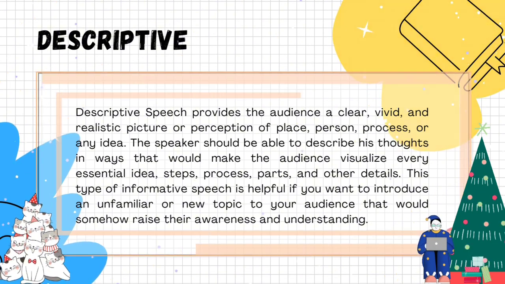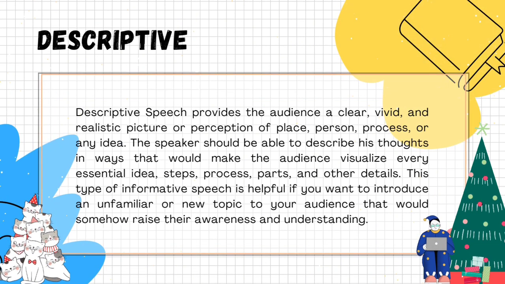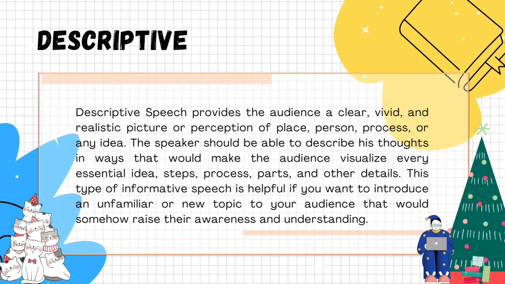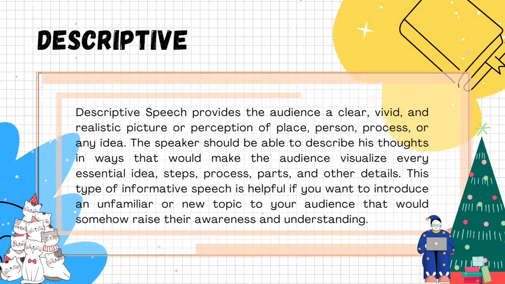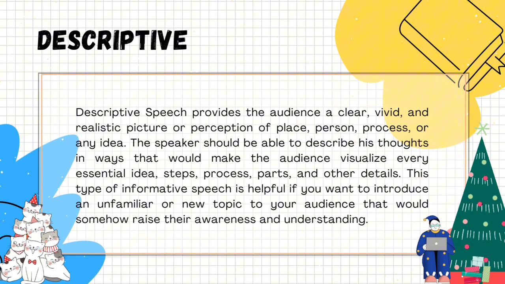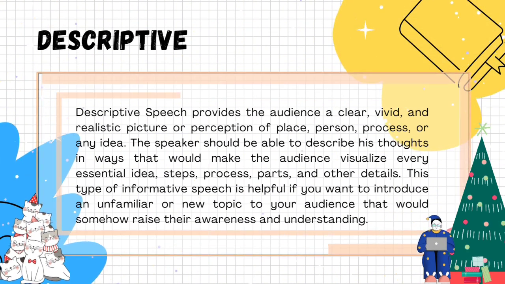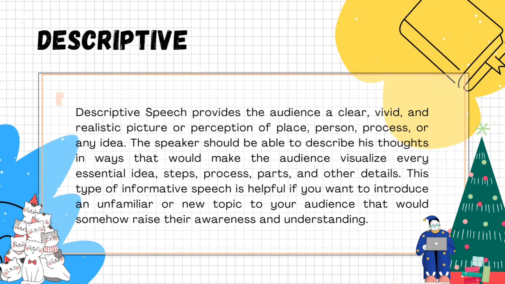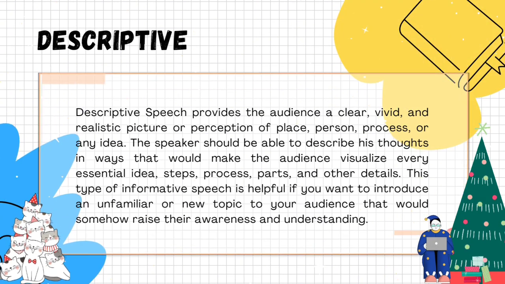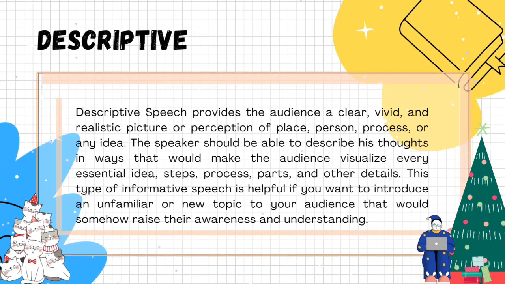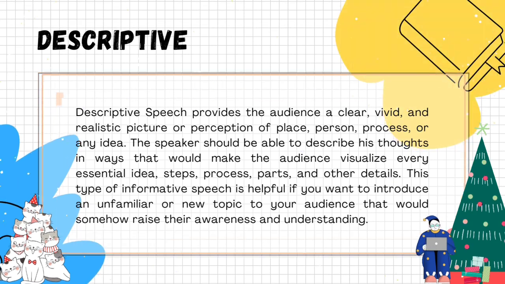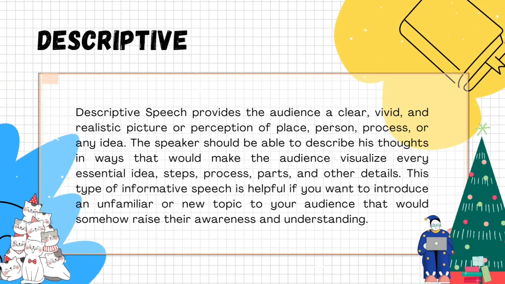Example: It's raining today. The crystal clear raindrops hit the ground silently. So obviously you have to be specific in every detail of how you describe a certain thing. A clear, vivid, realistic picture of your perception, because it aims to inform or educate the target audience on a particular topic. I'm passing my mic to Mr. Garcia.